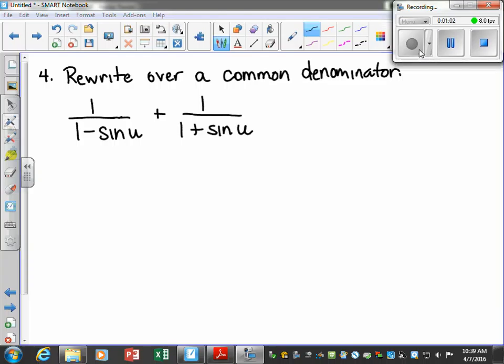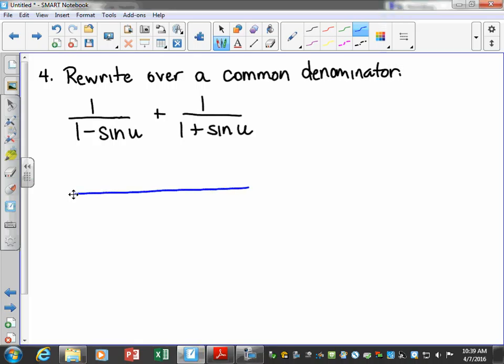Okay, another type of problem we'll see is rewrite over a common denominator. So specifically, they give us instructions on this one. And if I have a common denominator on this, so first of all, the common denominator for that would be 1 minus sine of u times 1 plus the sine of u. Okay, now for this term, 1 minus sine of u, what's the missing part? 1 plus sine of u, right? So 1 plus sine of u